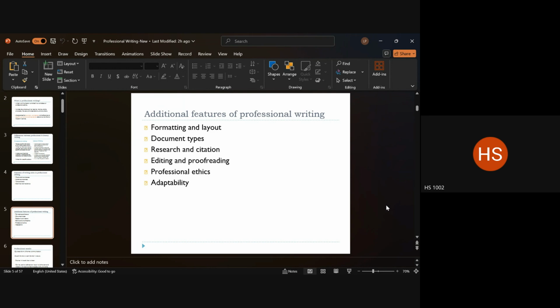Research and citation, very important. Remember, this is a professional document. So you're going to definitely refer to other documents, others' work, which might be along similar lines. So whatever you're going to present is a well-studied work, right? This is specifically in the case of reports and proposals and project summaries and all that. They're all well-studied documents, right? So you can't compile them without having referred to some other documents.